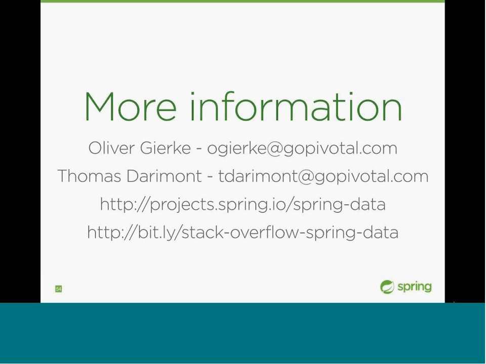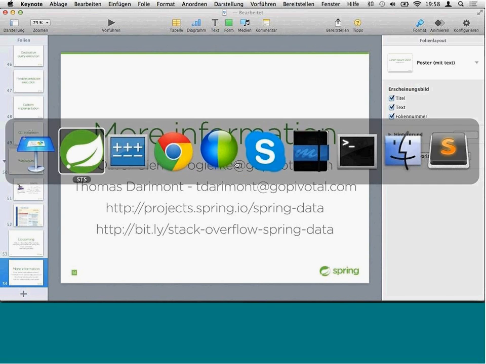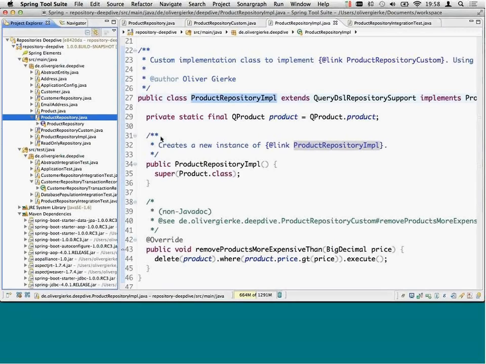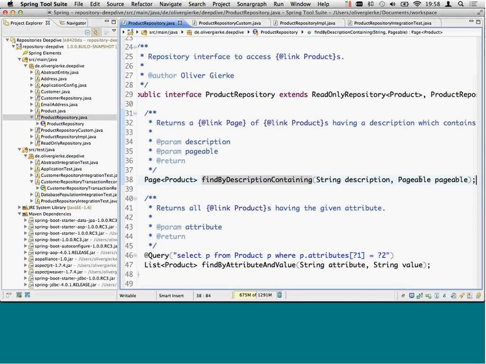No. We of course have to issue a second query, right, to find out about the total. That might lead to a performance impact in the implementation. What we recommend to do instead is, you've seen that you can use the pageable alongside a query execution here. This method declaration will trigger the additional count query, because otherwise we cannot really come up with all the information